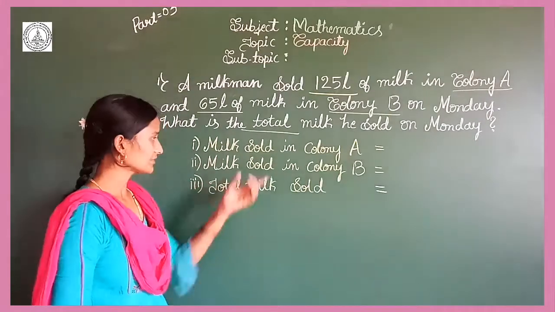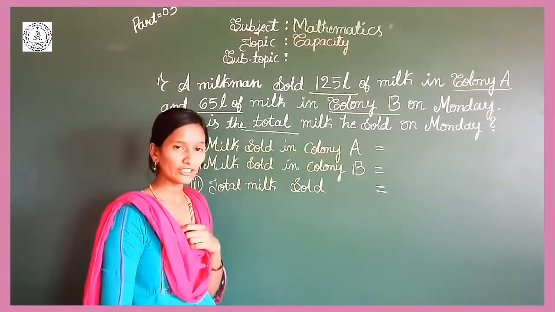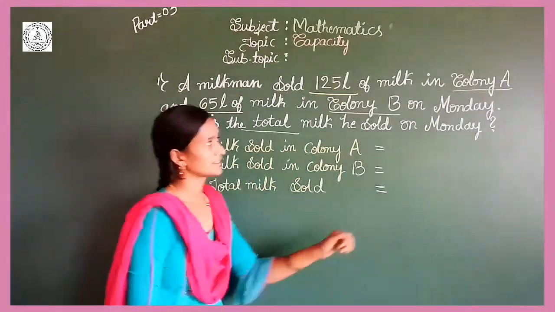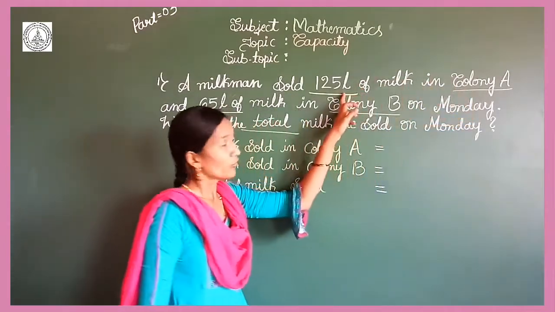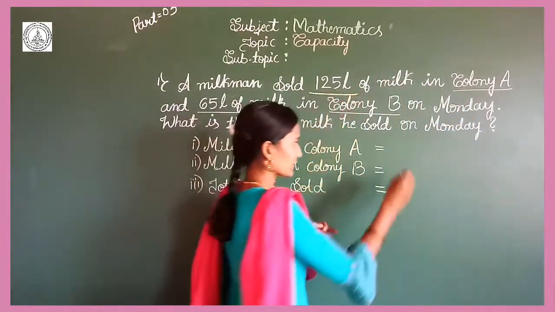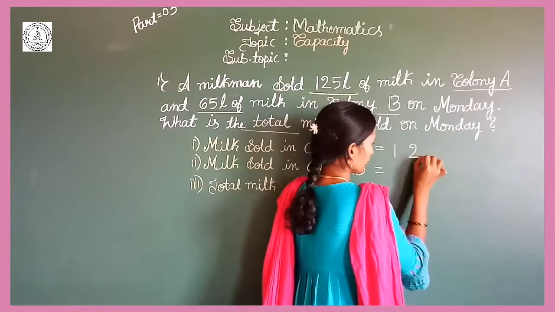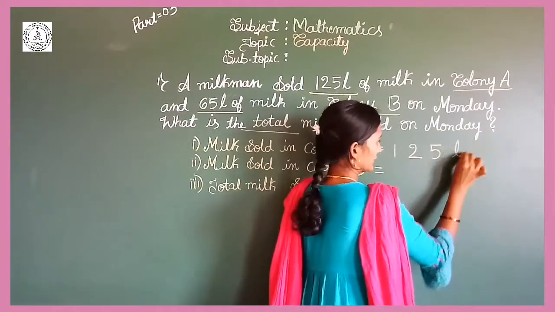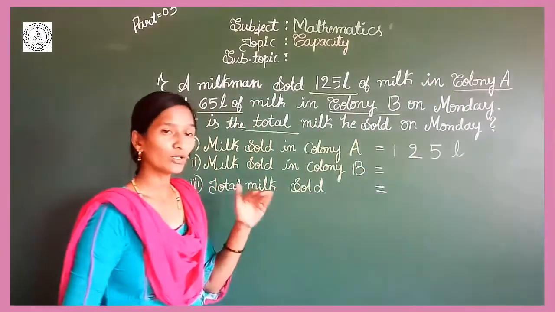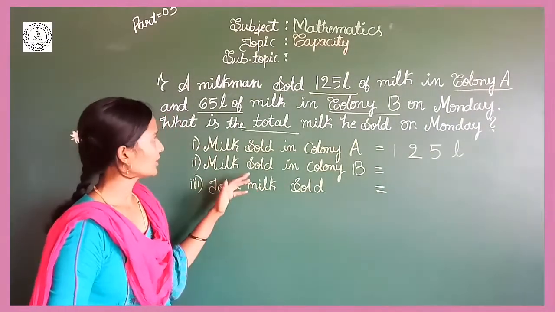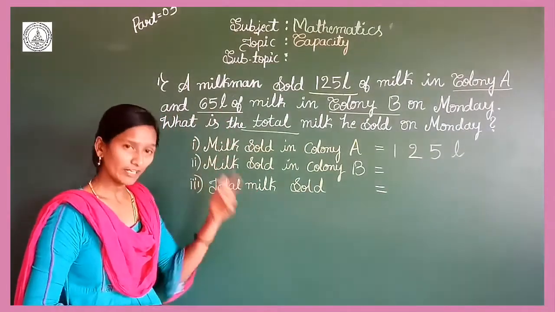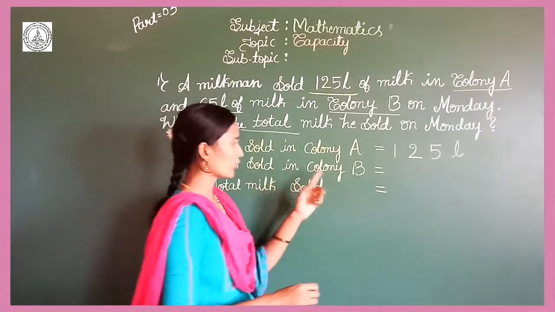Students, the first statement is milk sold in colony A. How much? Yes, in colony A he sold 125 liter, right? So write down here 125 liter. The next, come to colony B. See, how much? It is 65 liter. So milk sold in colony B is